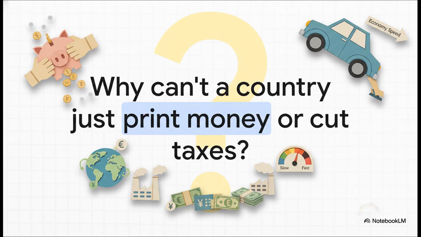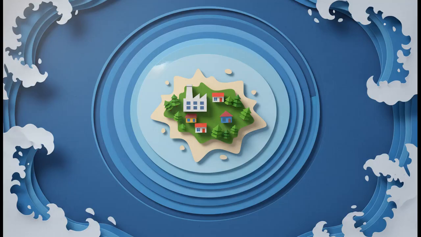I mean, it seems like it should be easy, right? If the economy's in a slump, just hit the gas, print some more cash, give everyone a tax cut. Problem solved. But yeah, it's just not that simple. Because the second you connect your economy to the rest of the world for trade, for investment, you're suddenly playing on a much, much bigger field. Every move you make creates ripples that travel across the globe. And guess what? The world's waves come crashing right back at you.